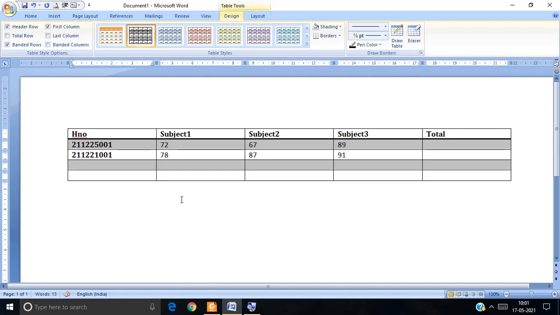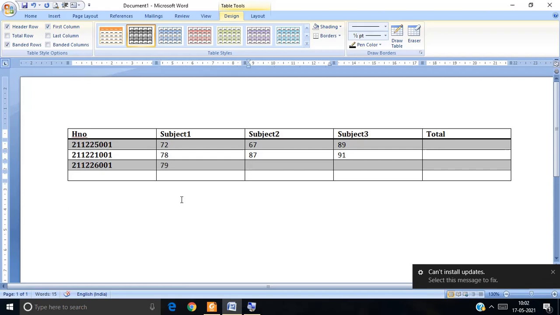Okay, and then 21122 6001. Then here I am giving 79, 56 and 92. Then finally 21122 3001, I will give this 45.